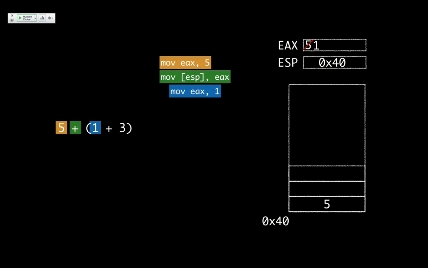So we evaluate the 1 and store that in EAX. Now we're going to store the value for the left-hand side into ESP-4 because we added 1 to the stack index. So that's a storing of the left-hand side using this incremented stack index. That stores 1 on the stack. Then we're going to move 3 into EAX because that's the right-hand side. We're going to take 3, and then plus is going to say, well, before I do anything,